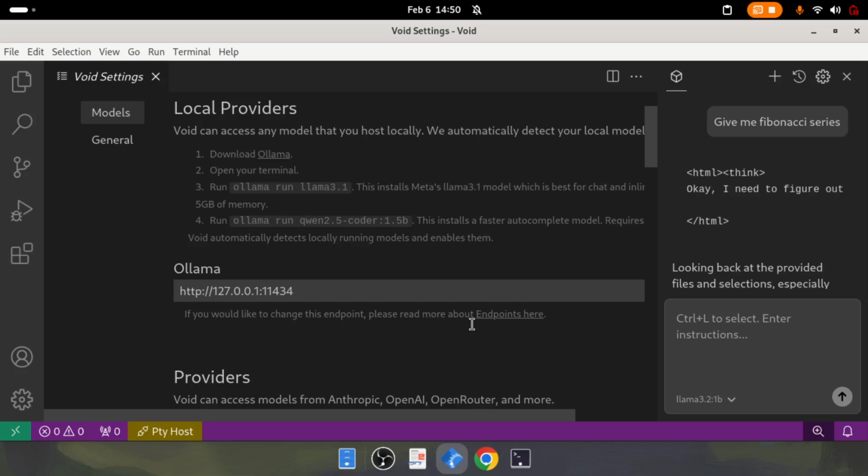So, and also the model is very small. You can see that it's a 1 billion model, so it's not worth it. You guys already know that it will be slow. The point I want to make here is that you can connect to any number of Ollama servers that you